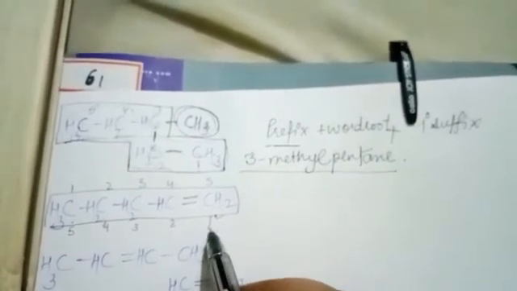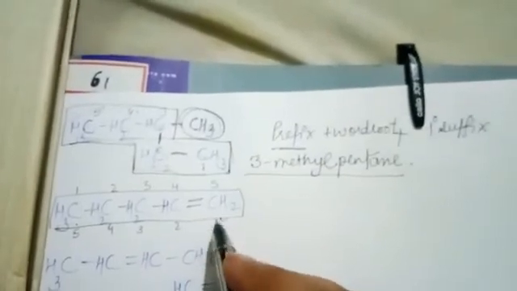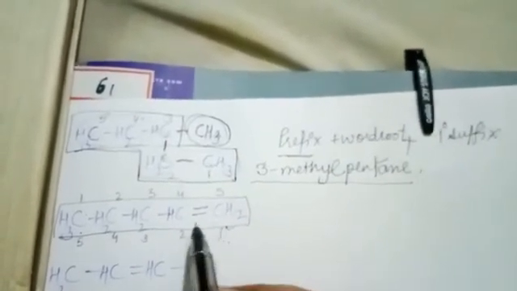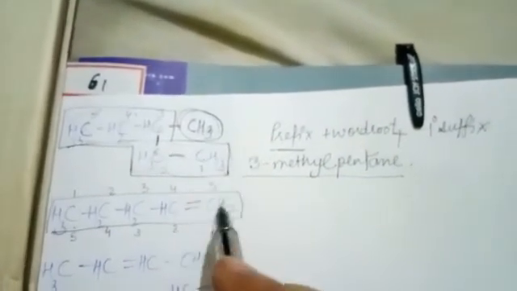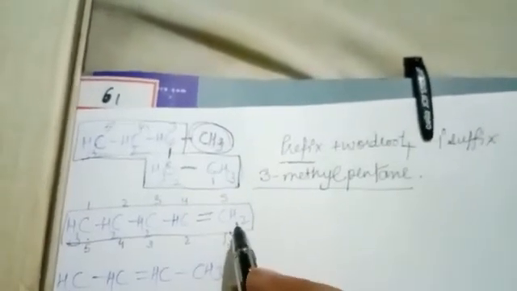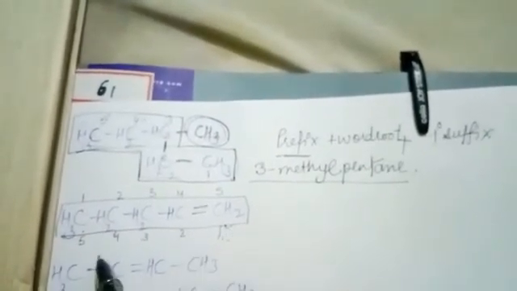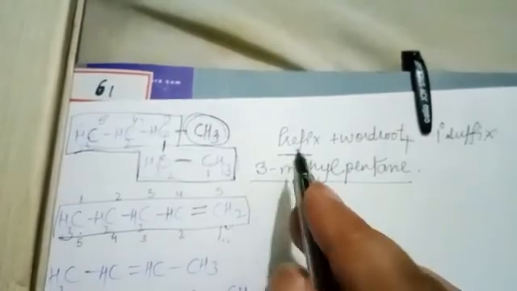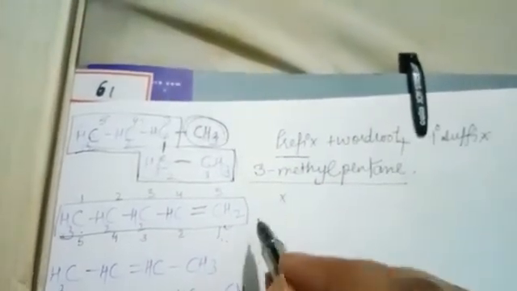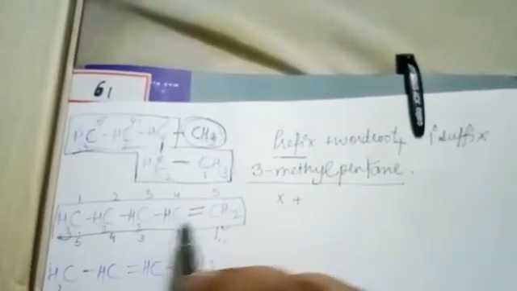The double bond is getting the least number. So you will start from this end. Okay, the double bond or the substituent should get the least number. So you will start from this end. Now as there is no side chain, so no prefix. Plus, now come to the word root.